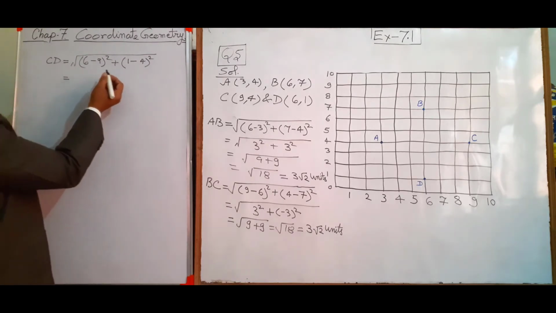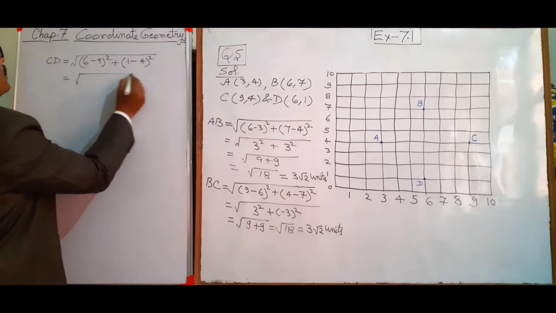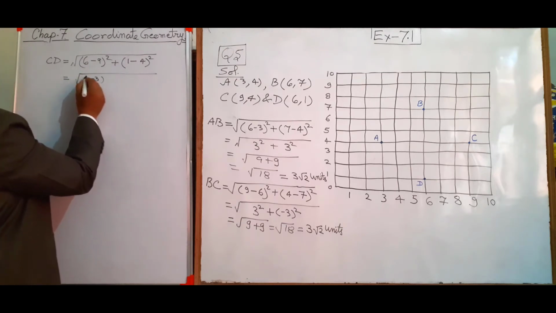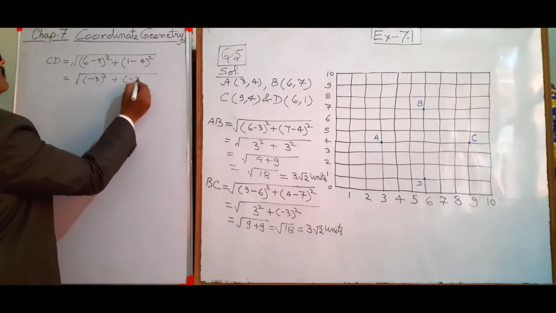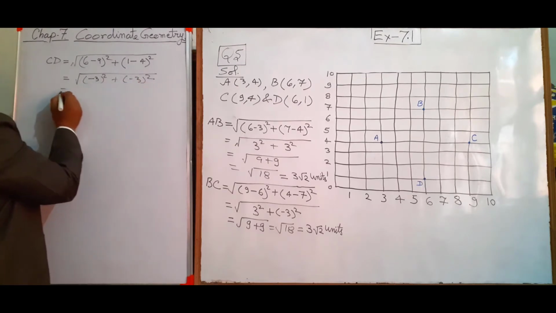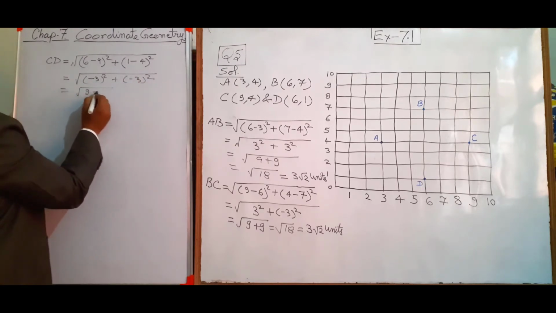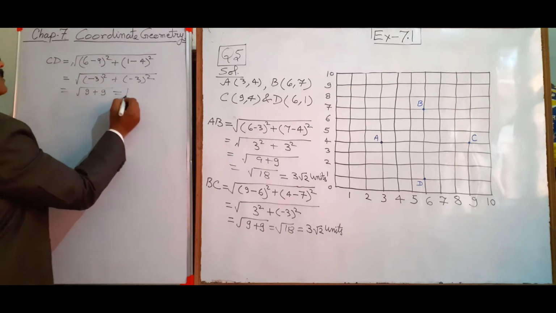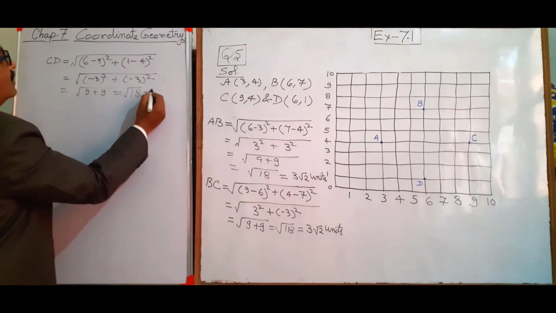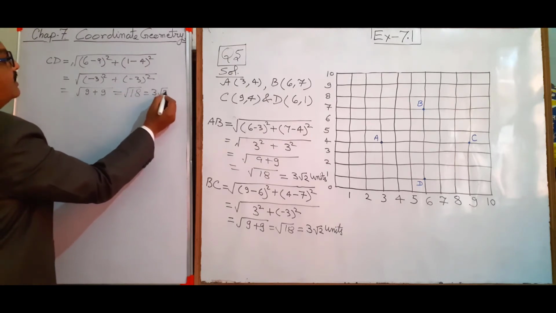Now you can see this one is coming (minus 3) whole square plus (minus 3) whole square. Again it is coming 9 plus 9, under root 18. Again you can rewrite it as,